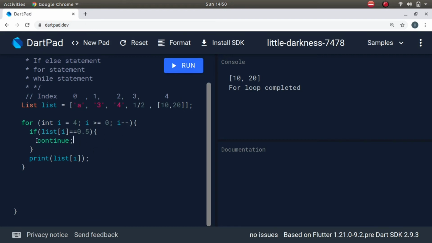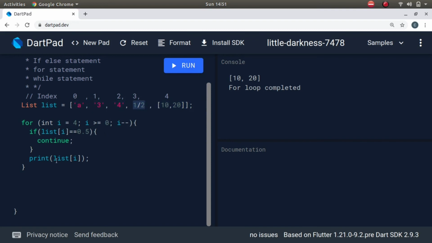Yeah, so continue statement: suppose there occurs a condition such that I don't want 0.5 to be printed in this list, but I want other indices to be printed here. I don't want this to be printed, but want this and this to be printed. So what shall I do?